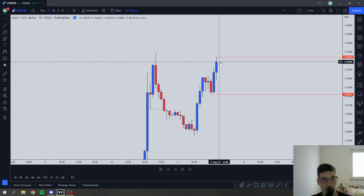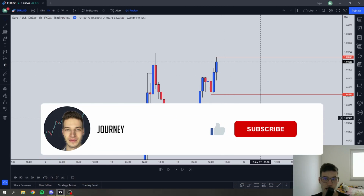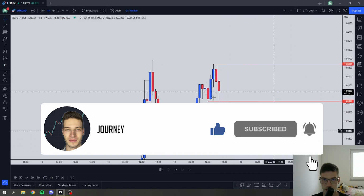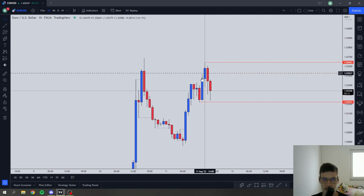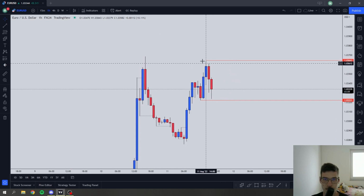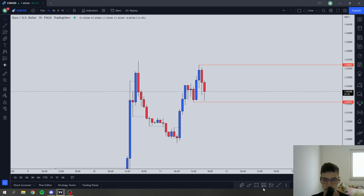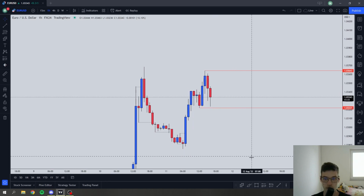And this is the Euro US dollar, where we need to be really careful because it is really a tough pair to trade, so we need that really high probability setup. And for me personally, I did not enter on this, so let's just see how this works. Yeah, I have to learn how to use it. But I did not enter on this pullback because I wanted to see a bit of a range after the wick. So this trade did not fit my plan, but I do like that the pair is moving,